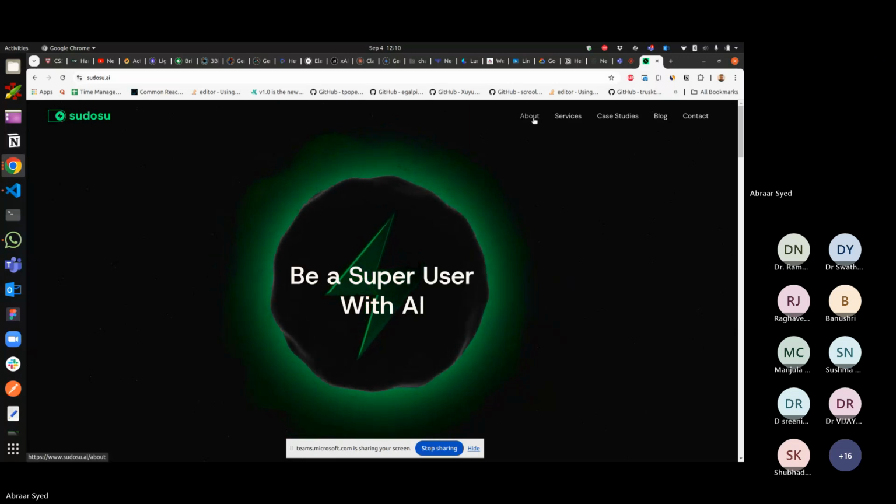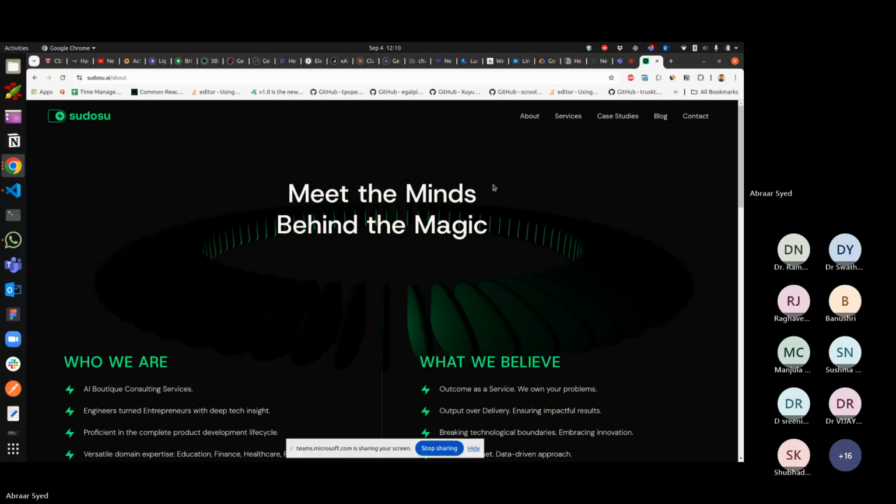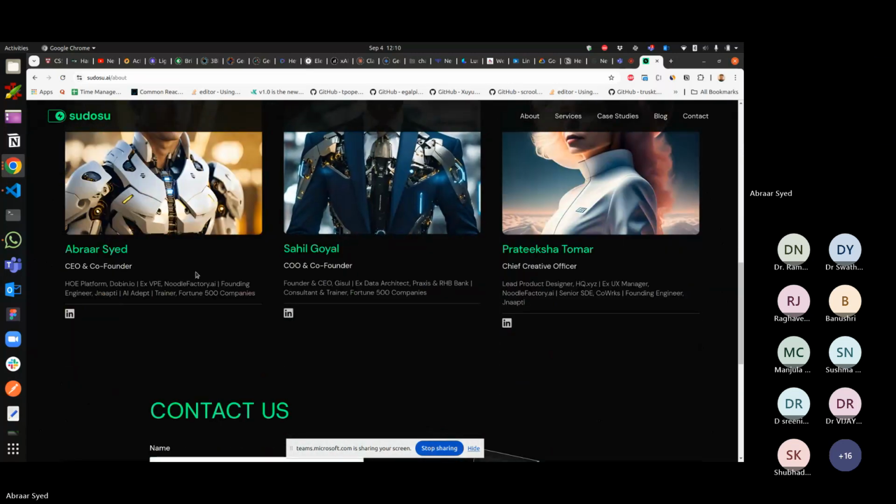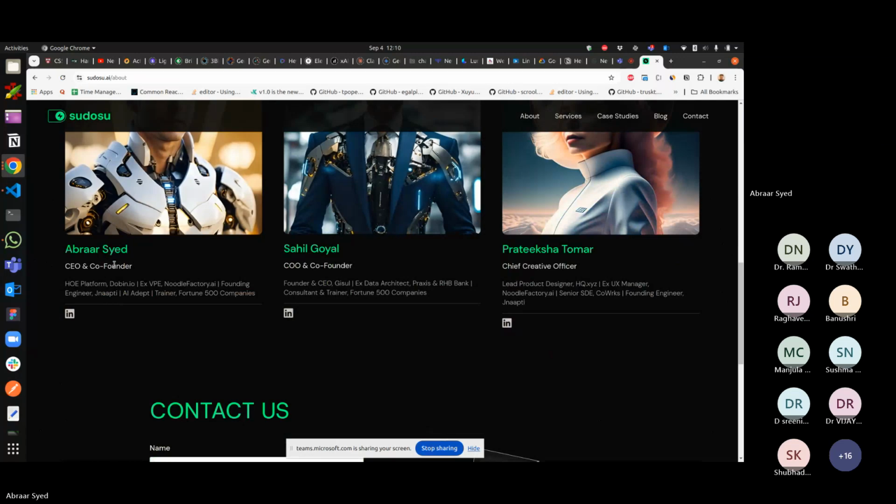A quick intro before we start. I think Manoj sir has already given a quick intro, but here is a small intro of myself. I'm currently the CEO and founder of a company called Sudosu, but alongside I'm also head of engineering platform for a company called Dobin, which is a fintech company from Singapore. Previously, I worked as VP of engineering for a company called Noodle Factory, wherein we were building chatbots.